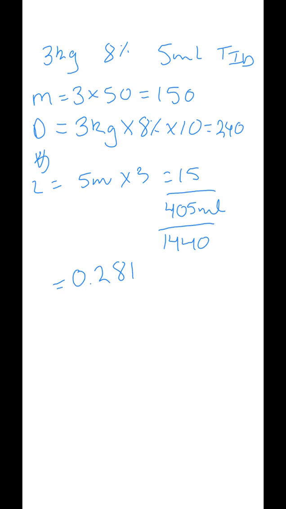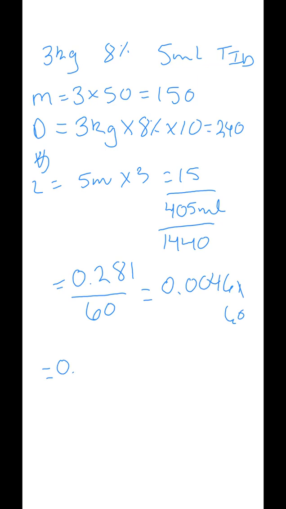Now we need to go down to seconds. We're going to divide this again by 60, and this is going to equal 0.0046. Now we need to multiply by the type of drip set. And in this case, he's a 3 kilogram patient, so he needs a micro drip set, which is going to be 60 drip per mil set. So then we go back and we actually just multiply this by 60,